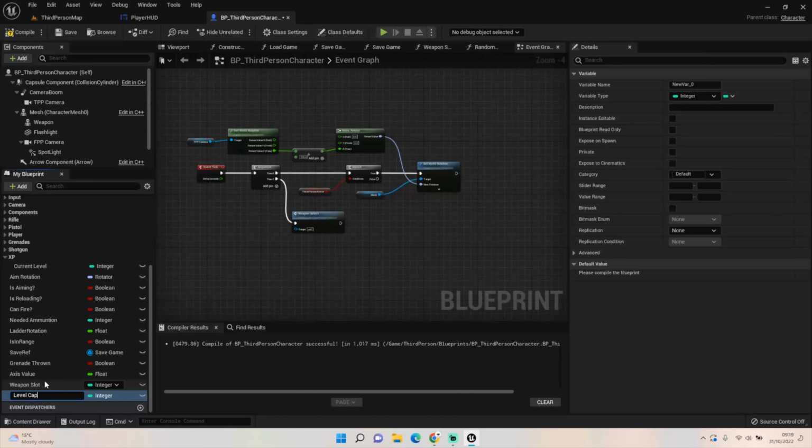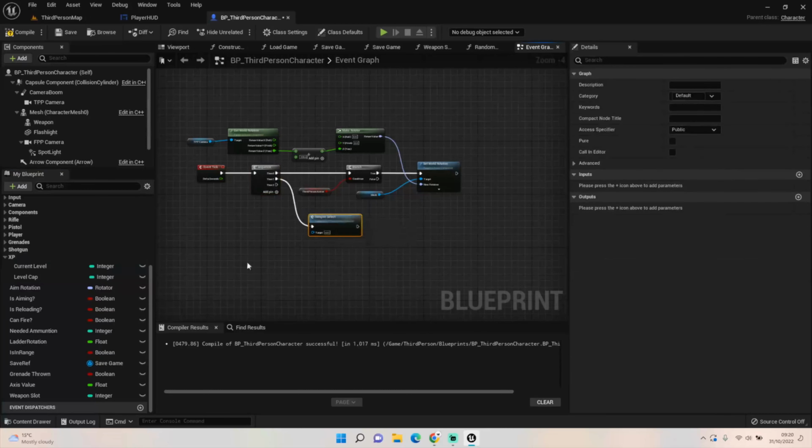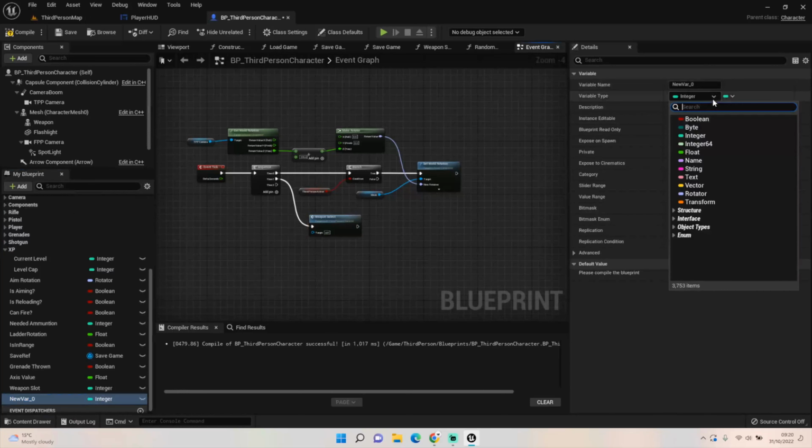This is something that you'll probably do over time, because you're never going to know how many levels you need in order to allow the player to get all the upgrades that you eventually create. I'm going to add a new pin to our sequence here, by the way, just while I'm thinking about it. We need a few more, so the rest are all going to be floats. So change this to float,